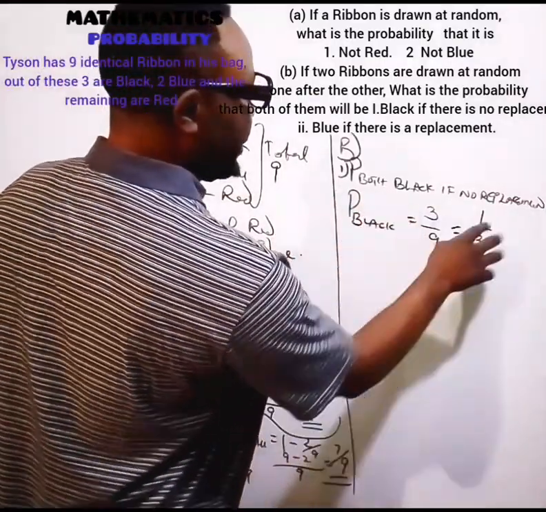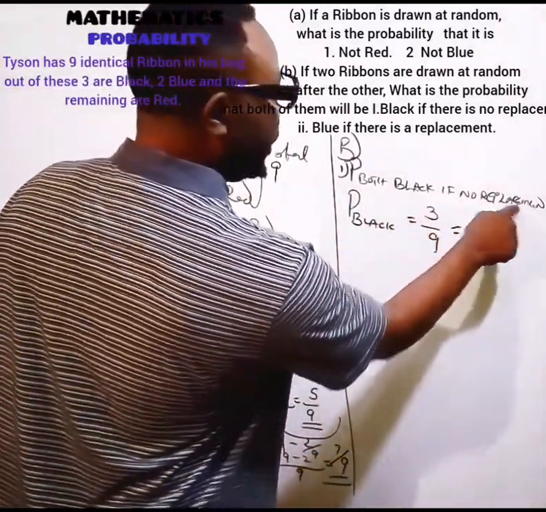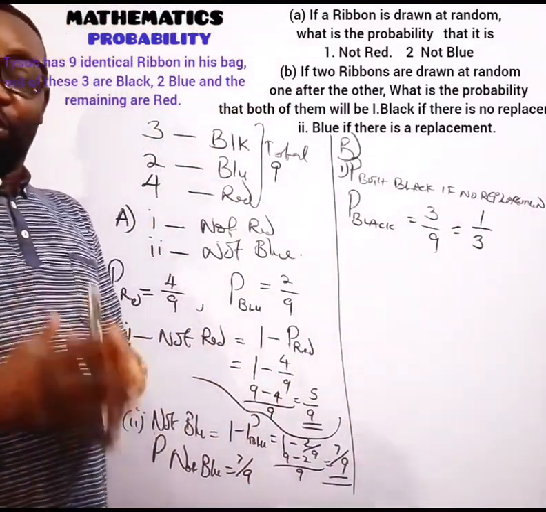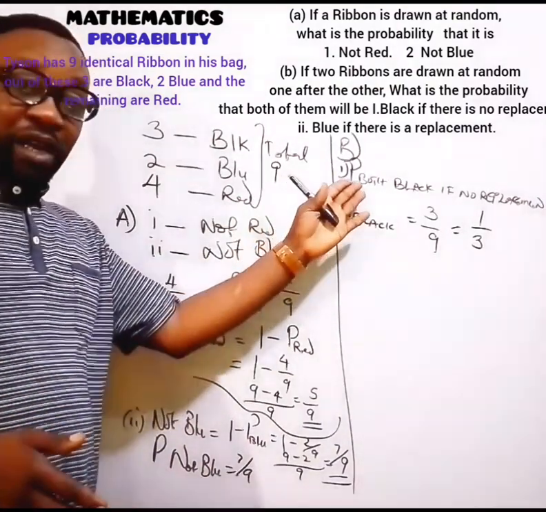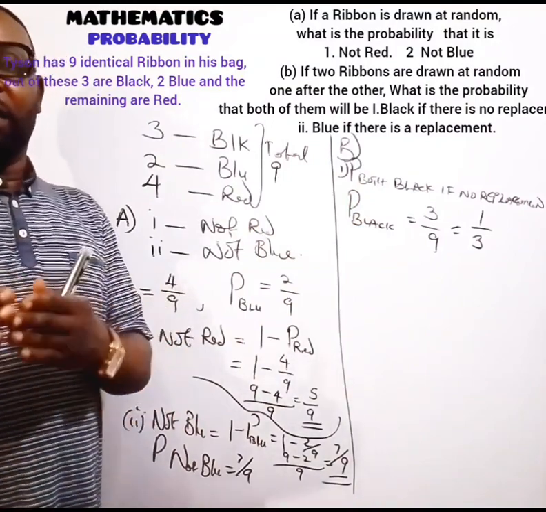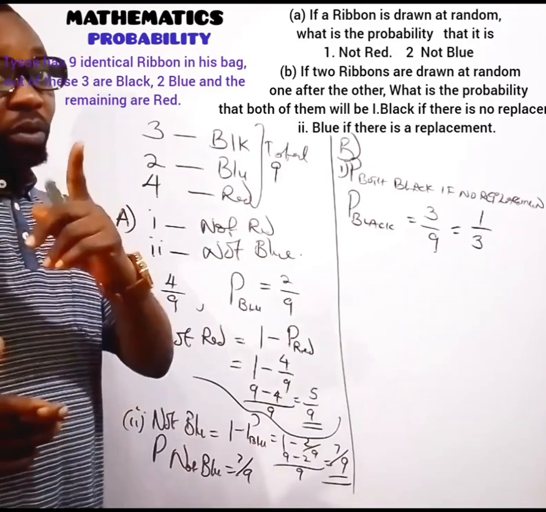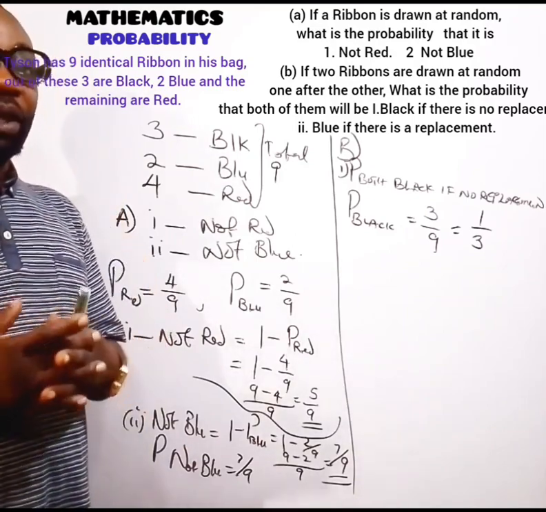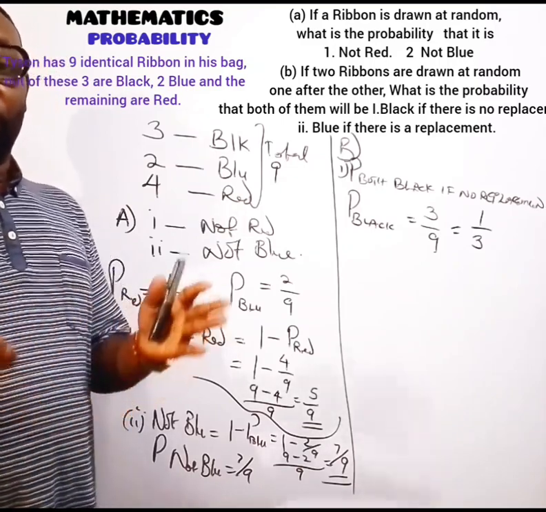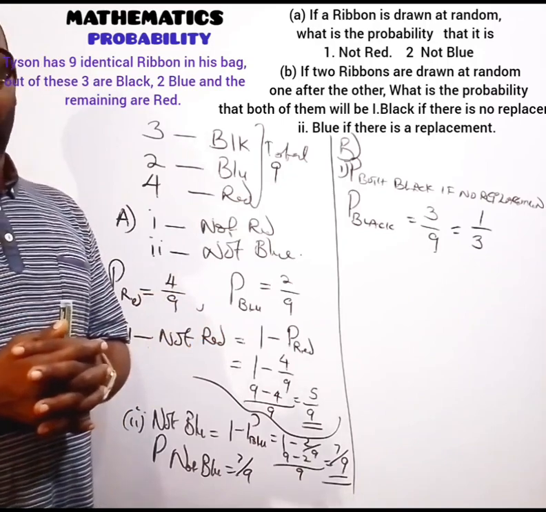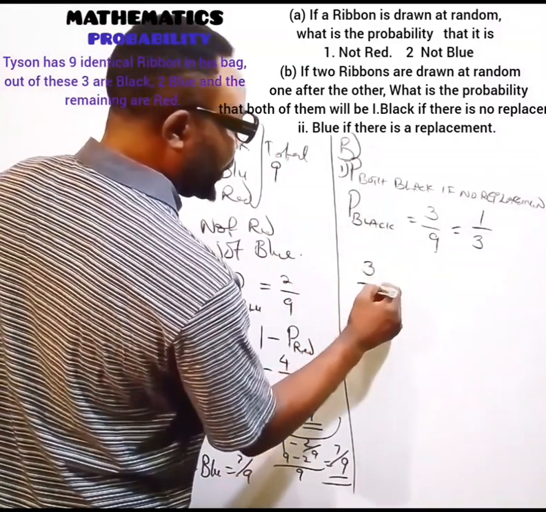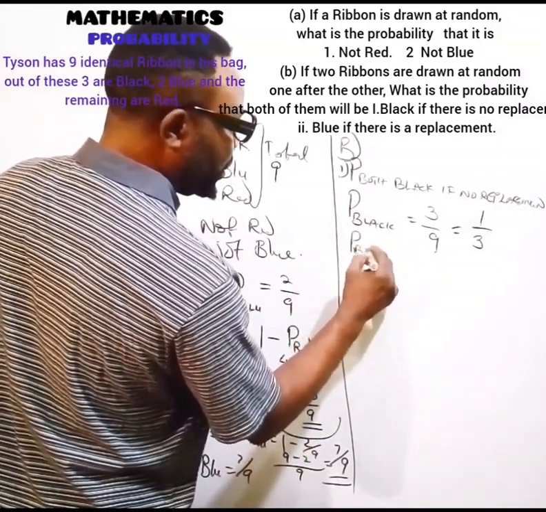Now, for picking a black ball with no replacement, the way you are going to translate this particular question is by saying the first ball is black and the second ball is black, with no replacement. Take note, when you make use of "and" in your probability, you are going to multiply the two probabilities with one another. So the probability of picking the first ball as black is 3 over 9. Probability of both black,